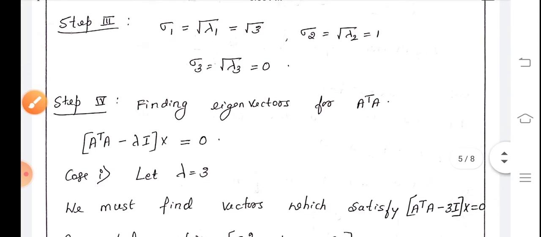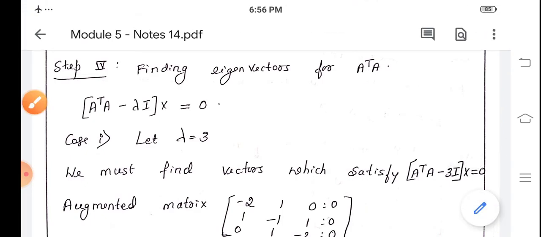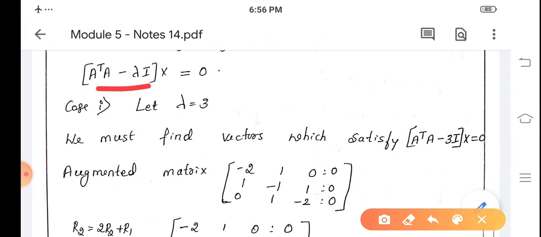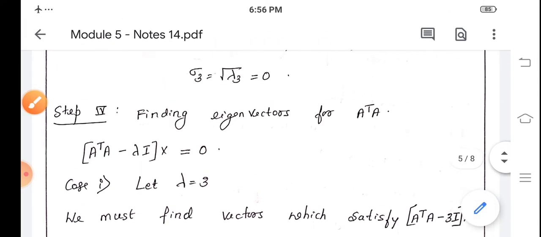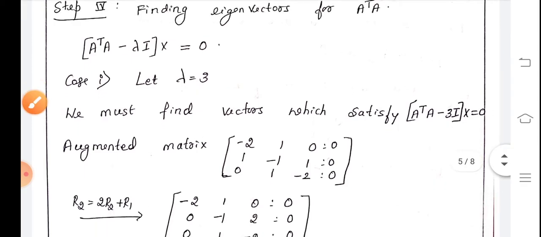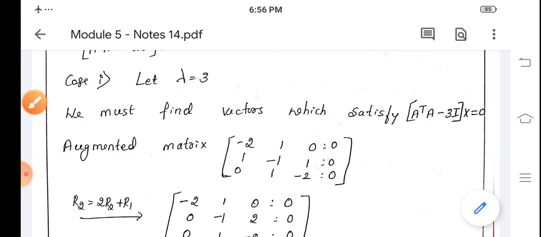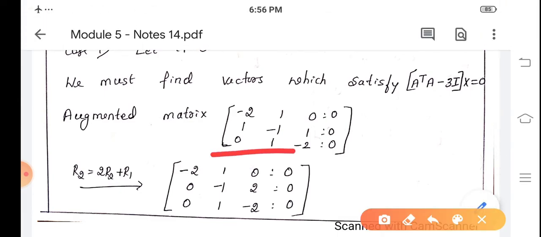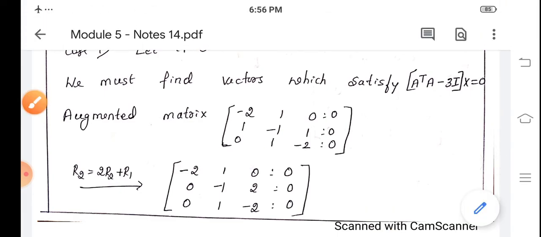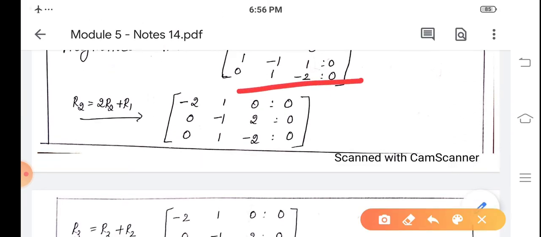In the next step, find the eigenvectors for A transpose A. Here, we find the eigenvectors which satisfy (A transpose A minus lambda I) x equal to 0. Case 1, we take lambda equal to 3 first. For this, we find the vectors which satisfy (A transpose A minus 3I) x equal to 0 since lambda equal to 3. We write the augmented matrix as minus 2, 1, 0, 0, 1, minus 1, 1, 0, 0, 1, minus 2, 0. To find the eigenvector for lambda equal to 3, reduce this augmented matrix to echelon form